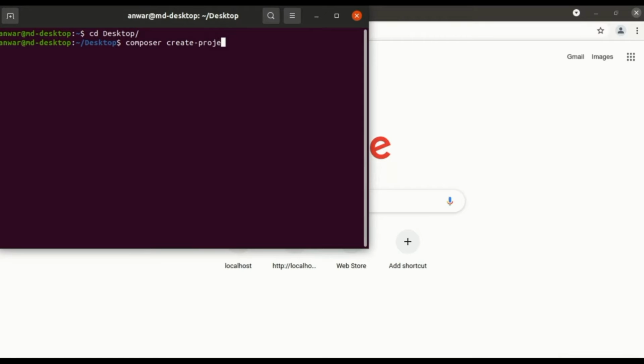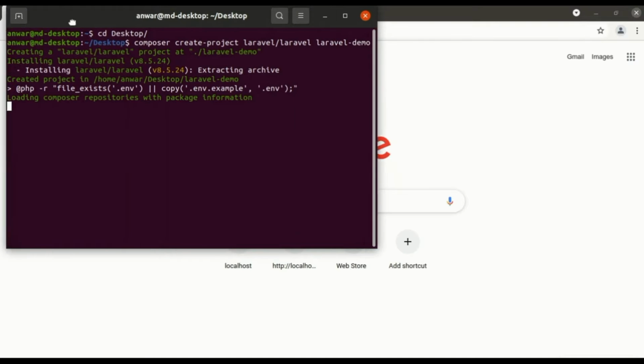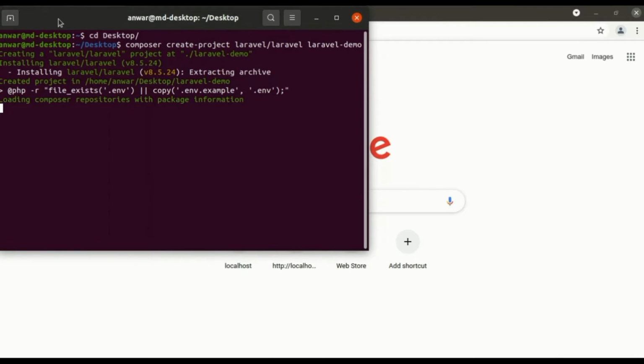Go to the command prompt, where you want to keep the project, and issue the command composer create-project laravel/laravel laravel-demo. Here laravel-demo is the project name, and it will create the laravel-demo project folder.